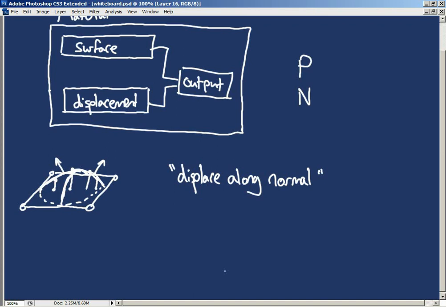Now we are going to encounter some render properties relating to displacement that allow us to instruct Mantra on how we want to deal with some of the more technical aspects of displacement shaders, and we will discuss those briefly when we encounter them. But this is the basic principle: we have the ability to modify the position of the point we're rendering and the normal of the point we're rendering, and obviously that's going to affect both the amount of detail we see on the screen, but it's also going to affect those variables that are getting passed into our